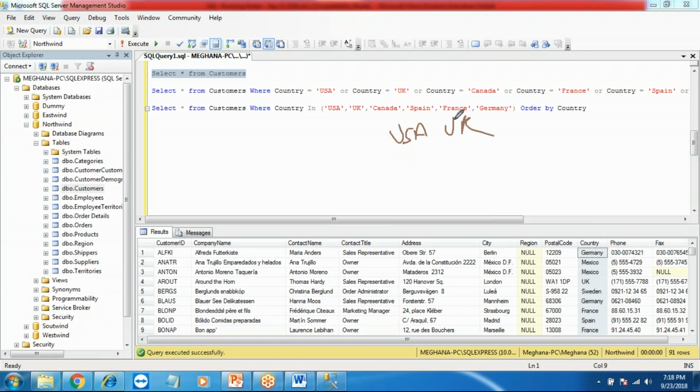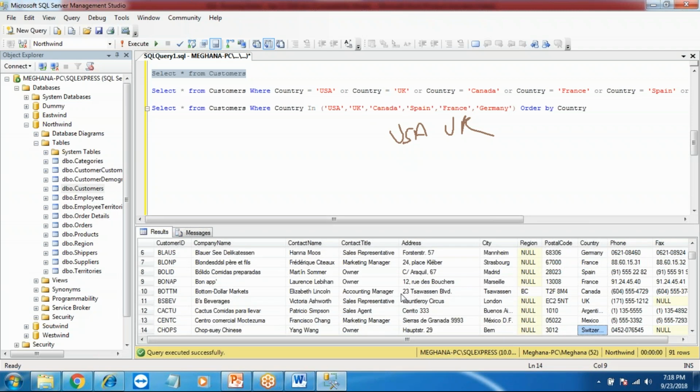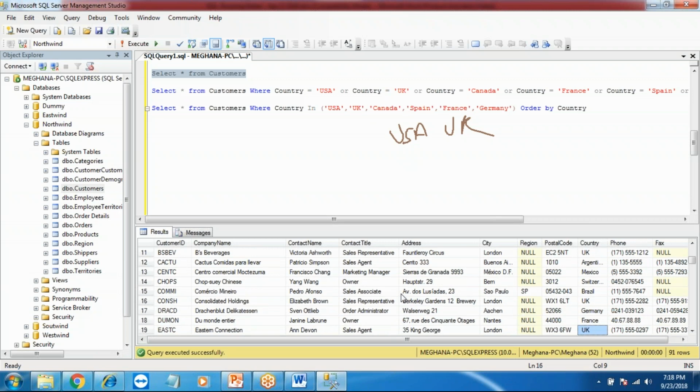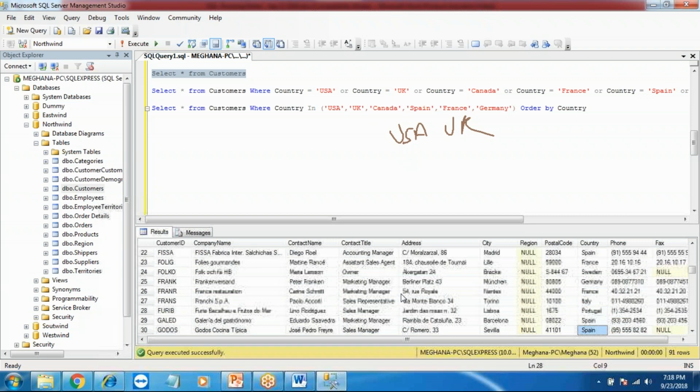I want to exclude only these two countries from my result, which means I have to include all other countries in my in, right? There are so many countries. If I leave only USA and UK, I need to include Germany, Mexico, Sweden, France, Spain, Canada, Argentina, Switzerland, Brazil, Austria. All these countries should be included in my list,